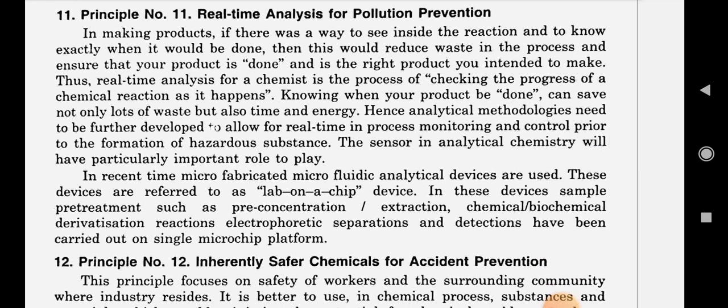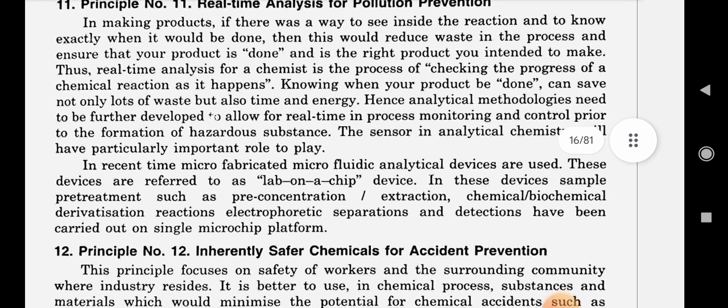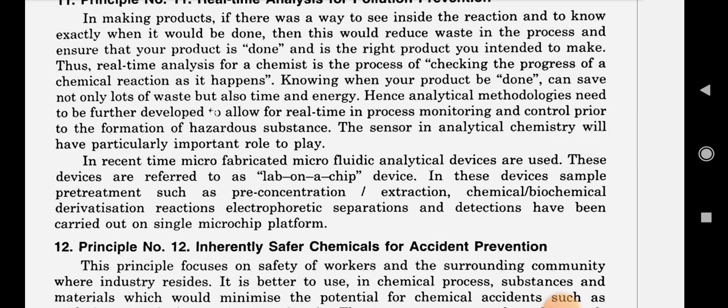In making a product, if there was a way to see inside the reactions and to know exactly when it would be done, this would reduce the waste in the process and ensure your product is done and is the right product you intend to make. Thus, real-time analysis for a chemist is a process of checking the progress of a chemical reaction as it happens. Knowing when your product is done can save not only loads of waste but also time and energy. Hence, analytical